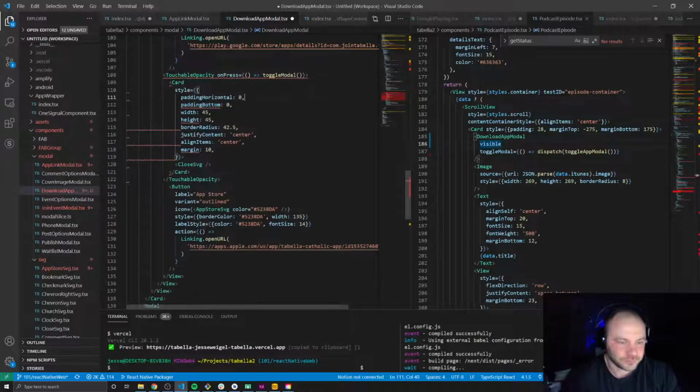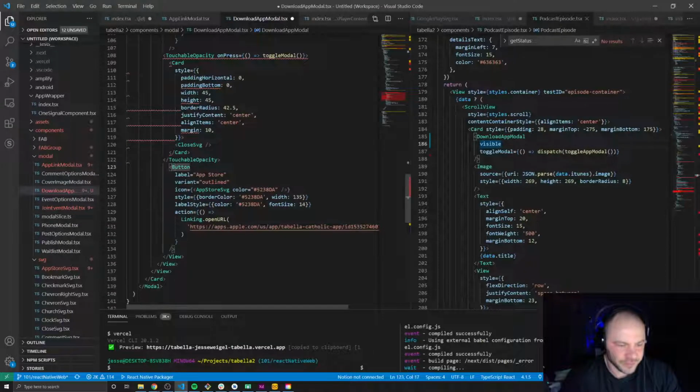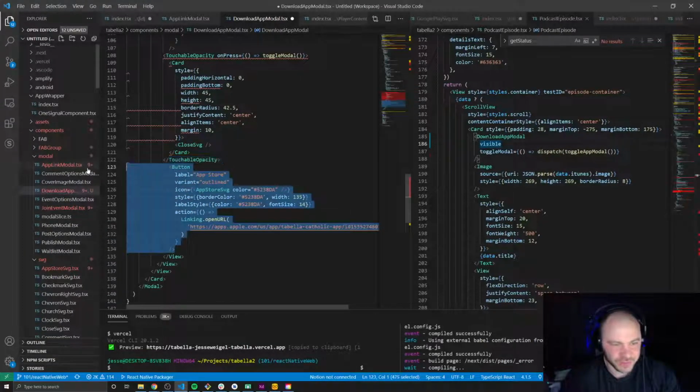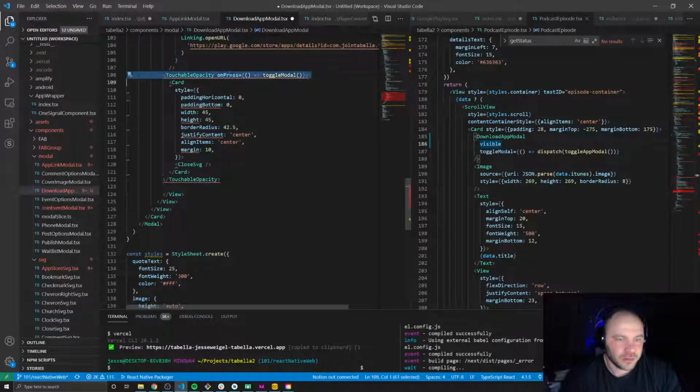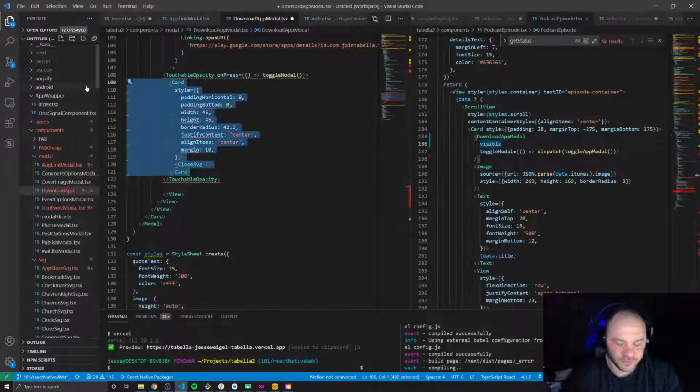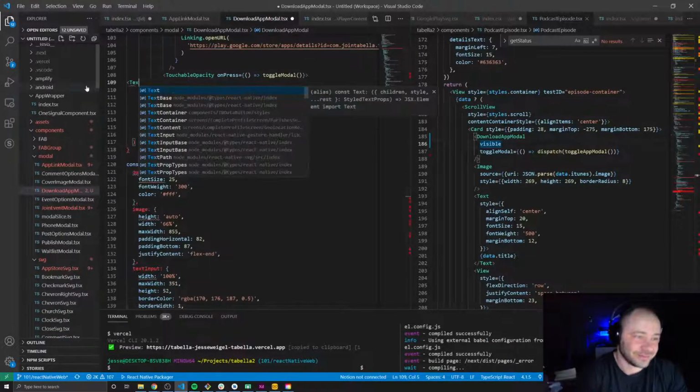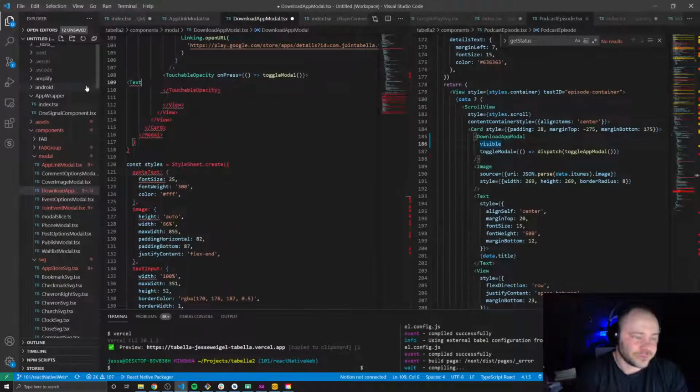So let's remove this button completely. This is our second button. And we still want this touchable opacity. We want it to toggle the modal, but we don't want all this. What we do want is text. So we want text, and we want the styles of the text to have the color